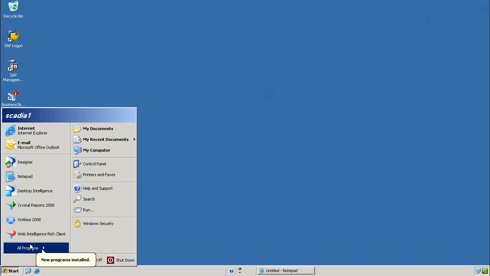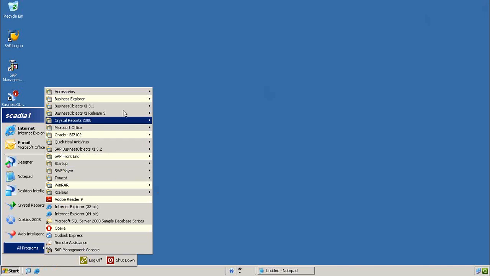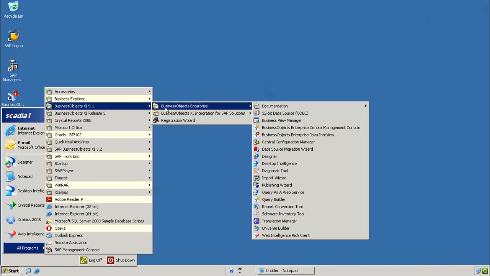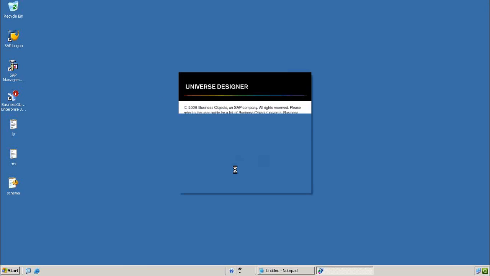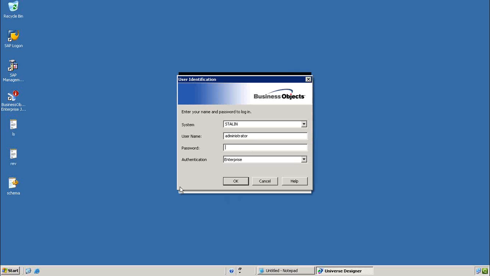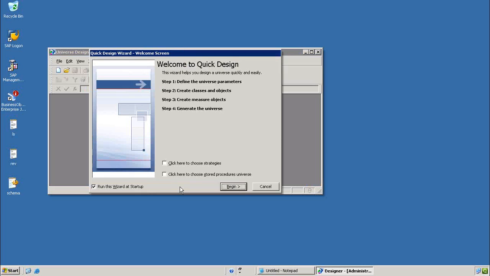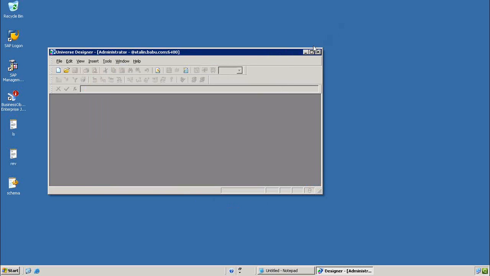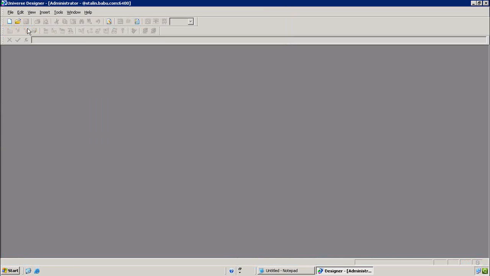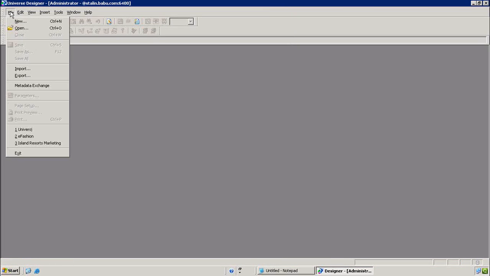After the administrator part, we will move forward to developer profiles. So we'll start the developer profile with Universe Designer. Universe Designer is a schema designing tool of Business Objects. So there may be a question: why do we need a schema when the schema is already available in the data warehouse? We need a schema because